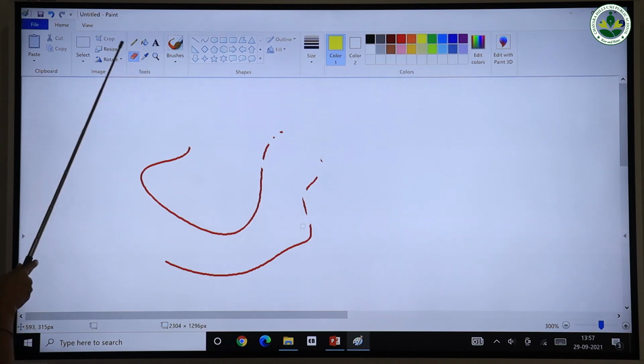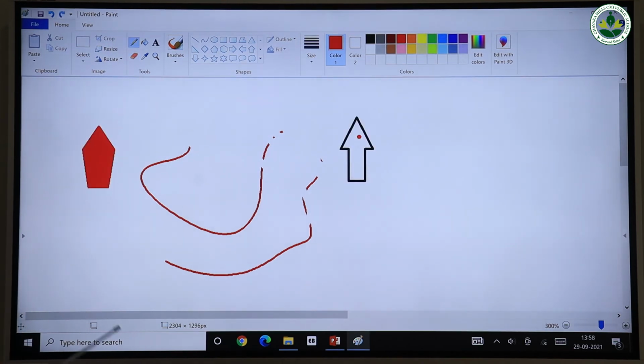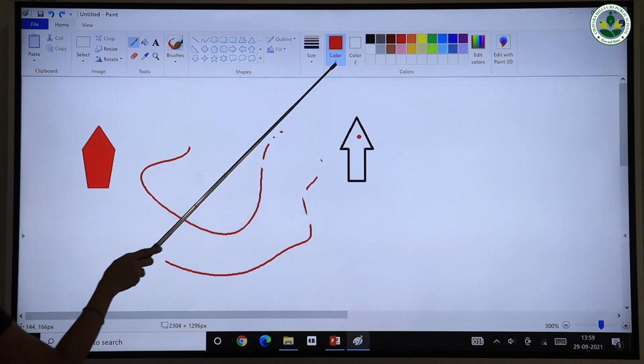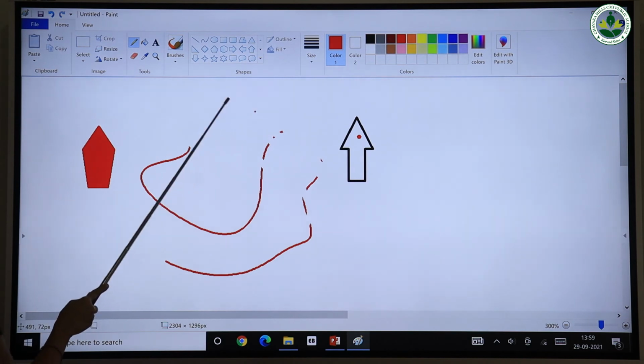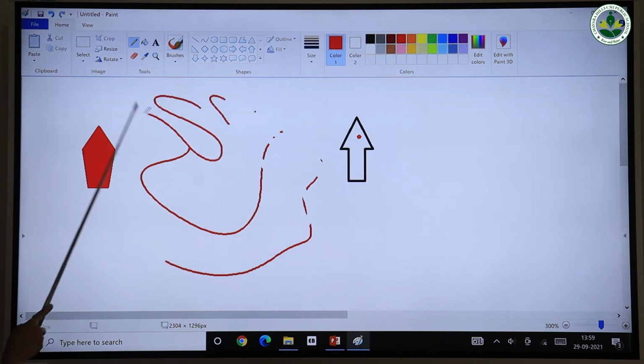Then next one is the color picker tool. The color picker tool is used to copy a color from one part of the picture and fill another part with the same color. So here I have to choose the red color, and I am giving this red color to another part. For that, first you click on the color picker tool, then click where you want to copy that color. I want this red color, so I simply click on this area. You can see that color 1 has changed to red. After that, click anywhere so that you can see it appears as red. So this is how the color picker tool works.